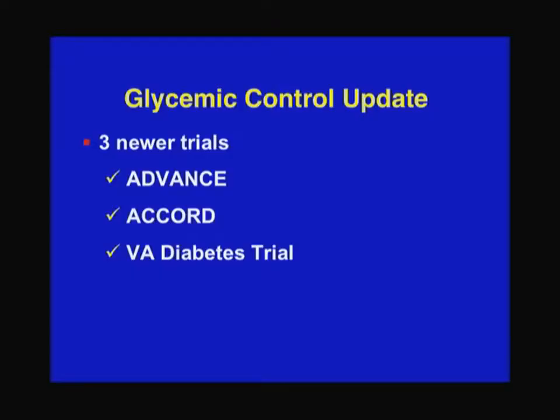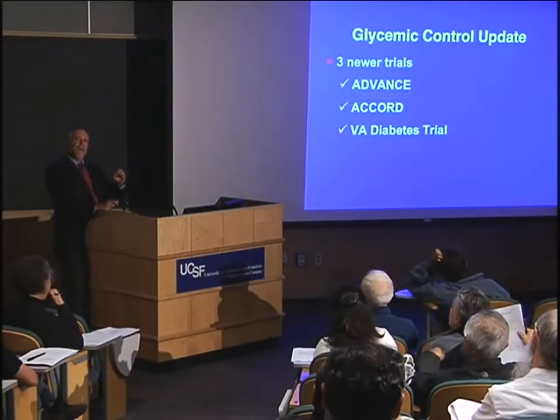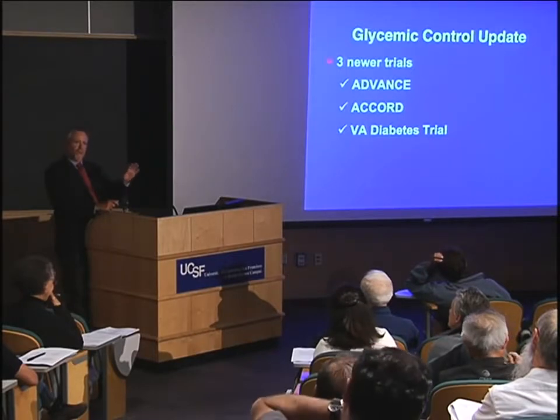But we do, in the last 3 years, have 3 new studies that have tried to address this issue. And here's the background. The background is we know for sure that tight control of blood sugar in type 1 diabetics, those kids with lots of injections, prevents eye problems, kidney problems, nerve problems. We do not know for sure, although there's a trend, that ultimately it also prevents heart problems in those kids. But the evidence there is not perfect.